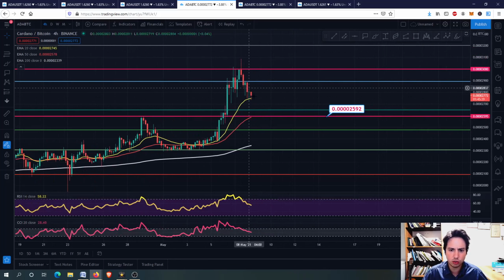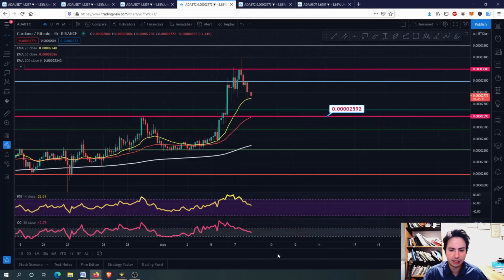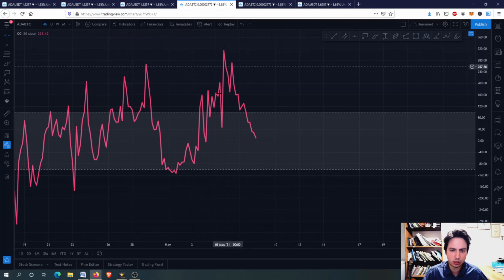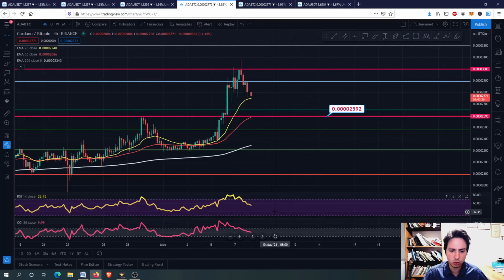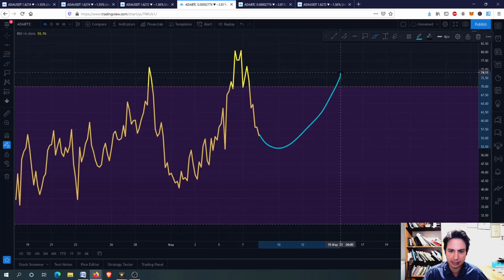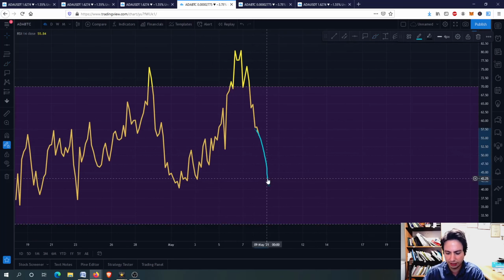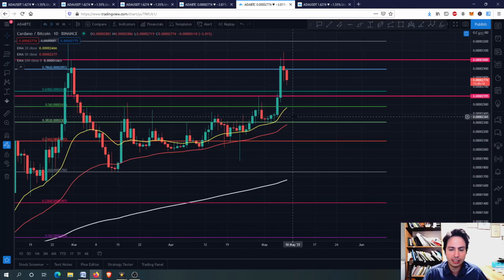Right now, I think correcting a little bit more will be healthy for the 4-hour frame. Of course, I'm talking about the very short term. You can see here we had a very high risk in the RSI and the commodity channel index as well in the 4-hour frame. What I want to see though is higher lows. I want to see it going eventually like this and then turning around again, turning up. I don't want to see the RSI for the 4-hour frame going down. Okay, that's what we want to see for it against Bitcoin.